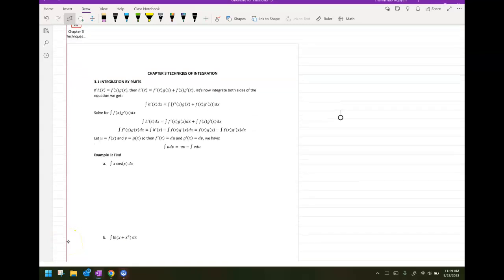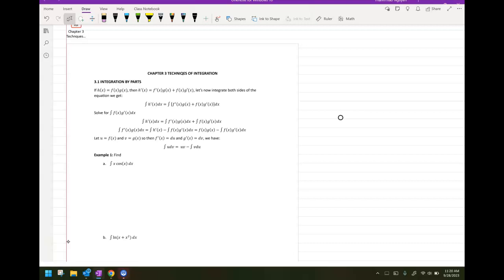Chapter 3, Techniques of Integration. So we learned how to evaluate definite and indefinite integrals. We learned how to use integrals to calculate volume and to find the center of mass. Well, although we know how to integrate a lot of